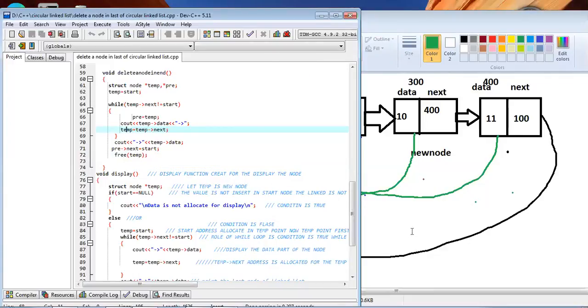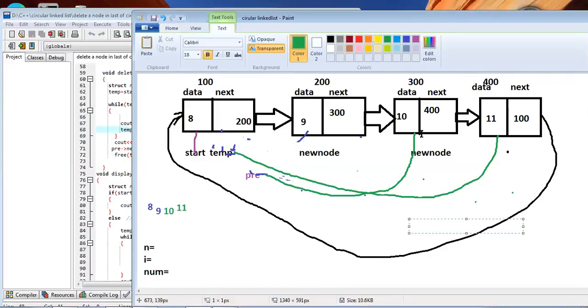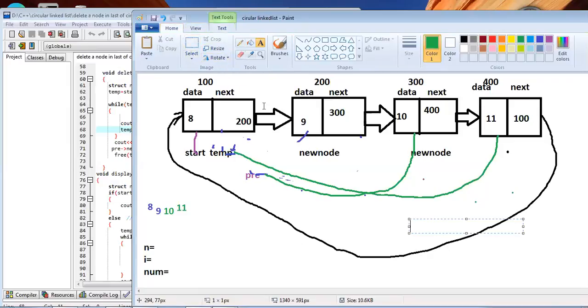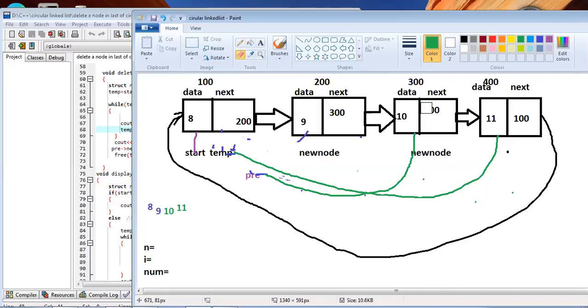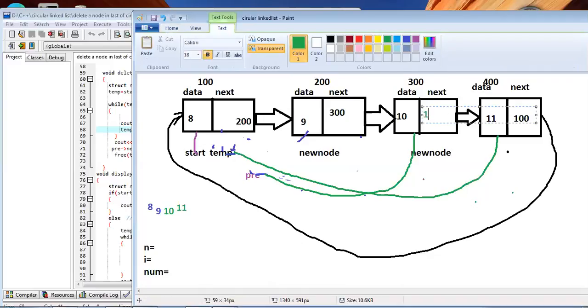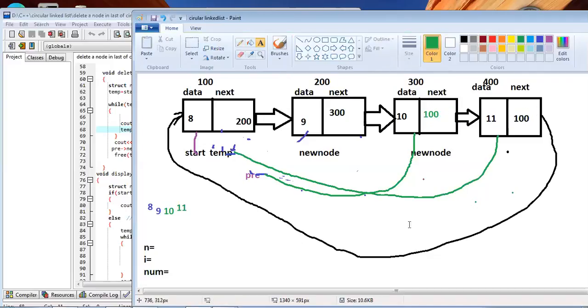Pre next equal to start means pre points to this node, and pre next contains the address of the first node, and the address of the first node is allocated in next. This link is removed.